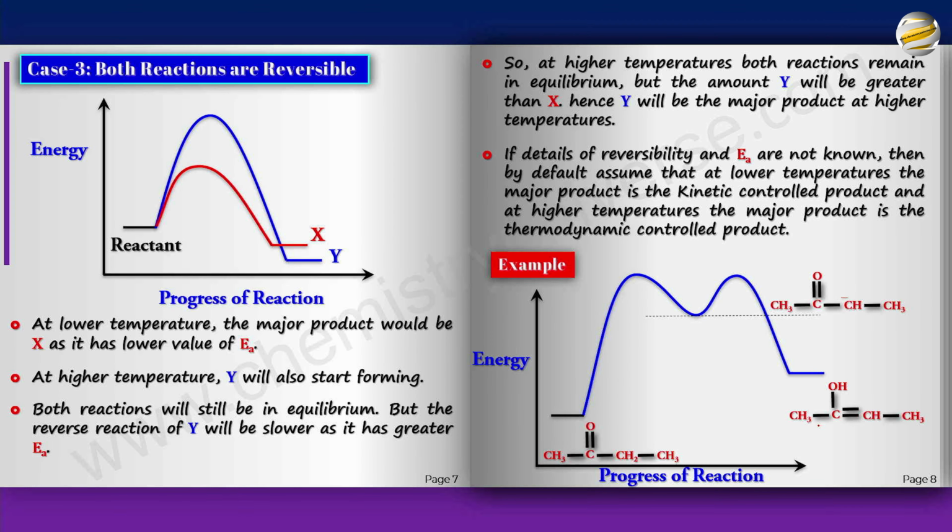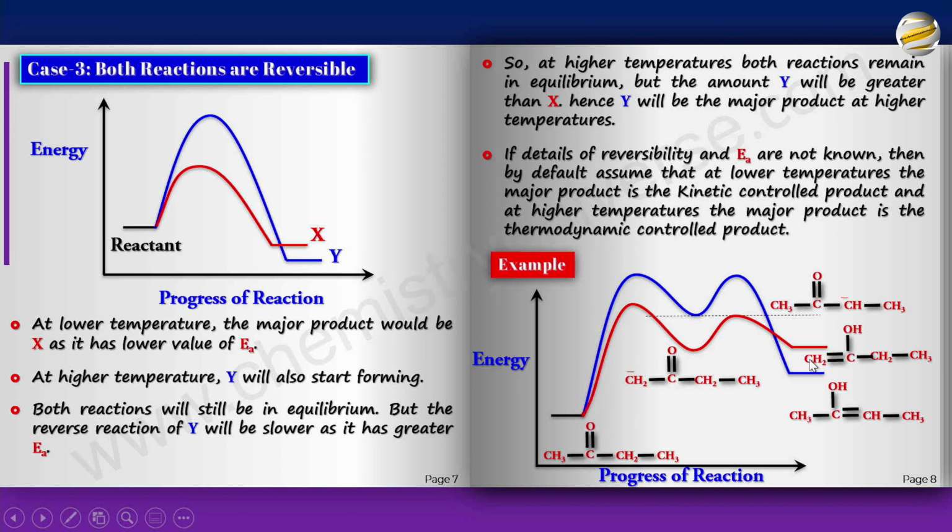So what essentially happens is, the red graph is below, but the product is less stable. So this is the anion, and this is the product. So you see, in the blue case, the activation energy was higher, but the product is more stable. In the red case, the activation energy was lower and the product was unstable. So the blue product is the thermodynamic control product, and the red one is the kinetic control product.